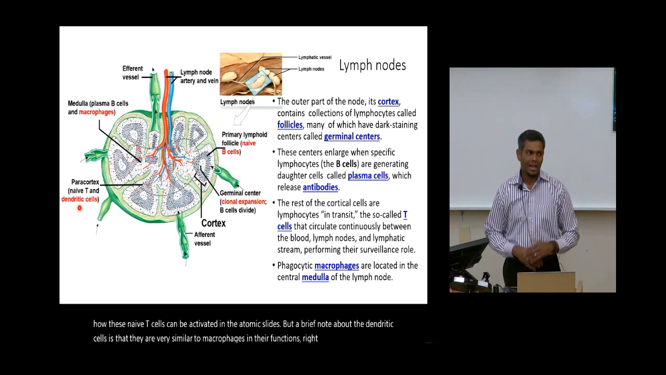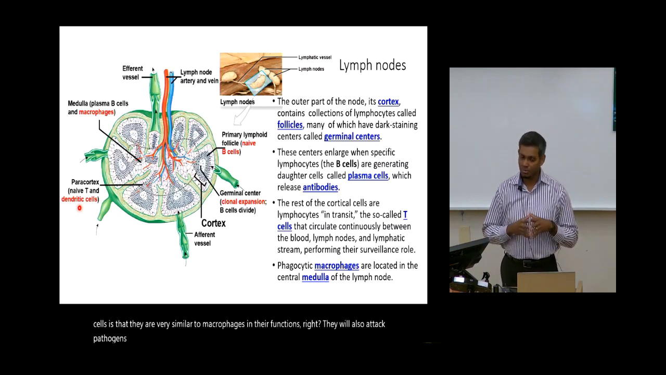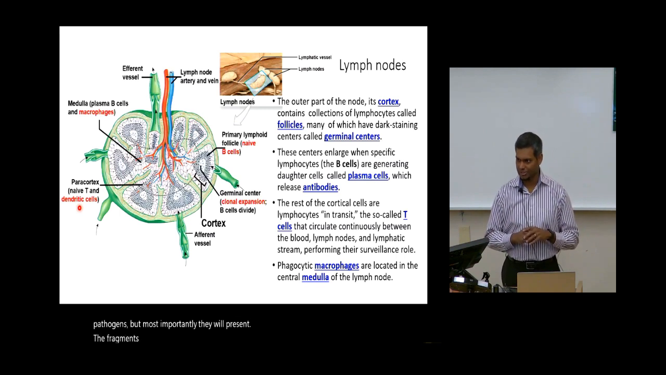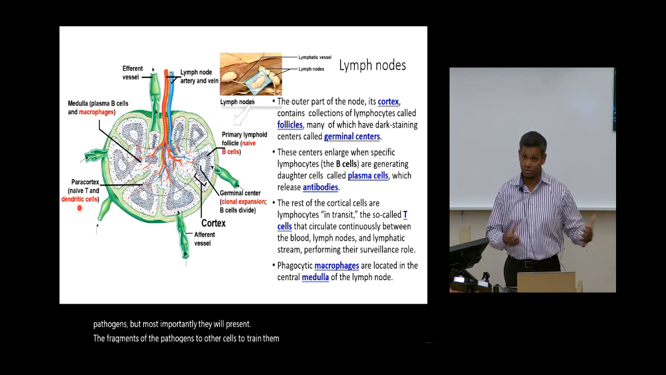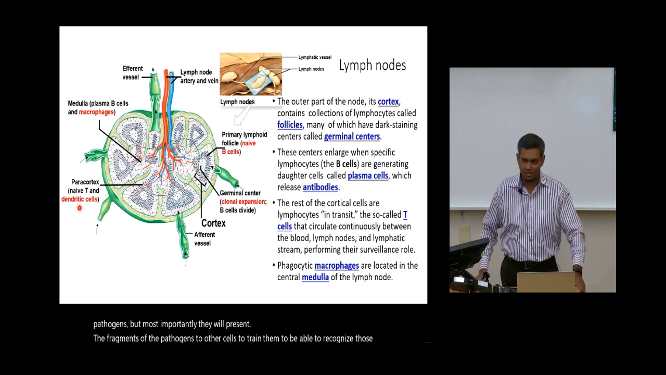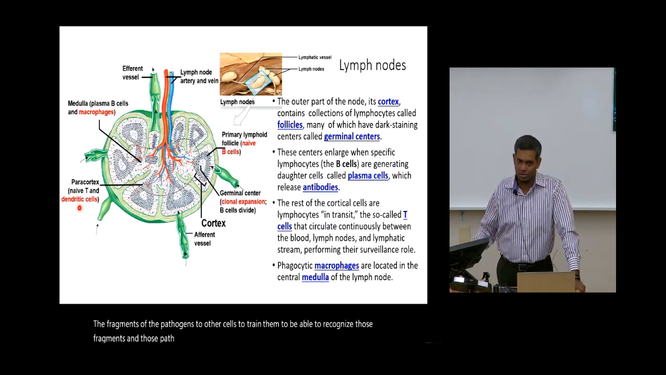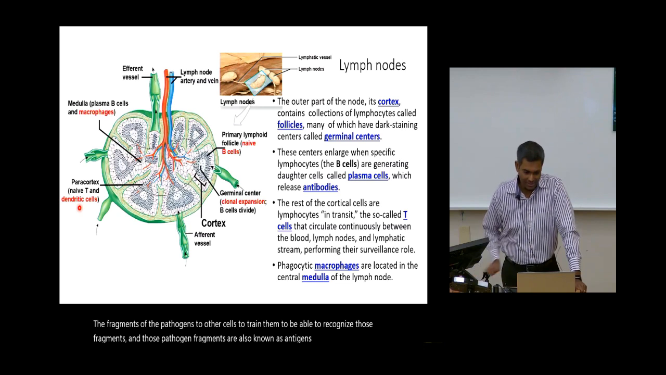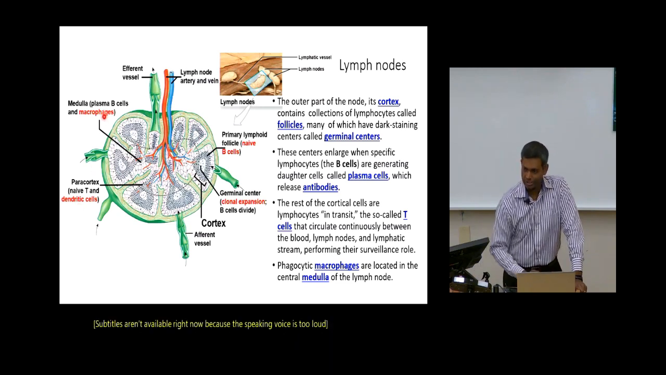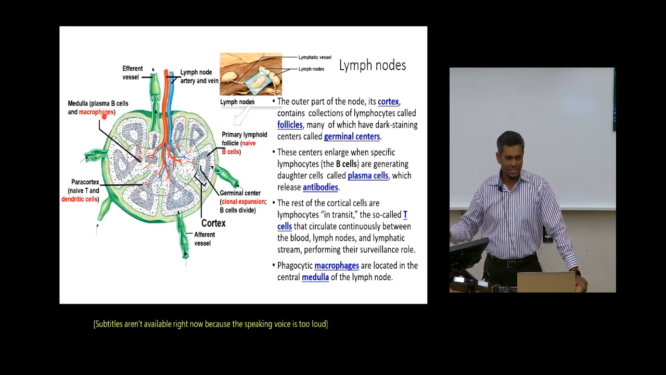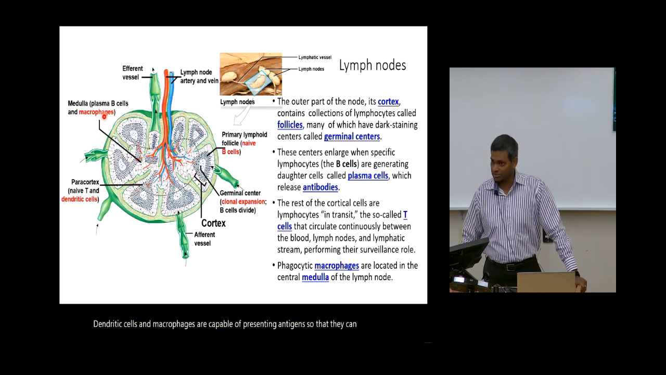They will also attack pathogens, but most importantly, they will present the fragments of the pathogens to other cells to train them to be able to recognize those fragments. And those pathogen fragments are also known as antigens. And these dendritic cells and macrophages are capable of presenting antigens so that they can train the immune system to